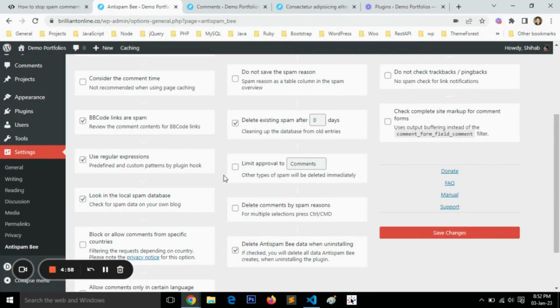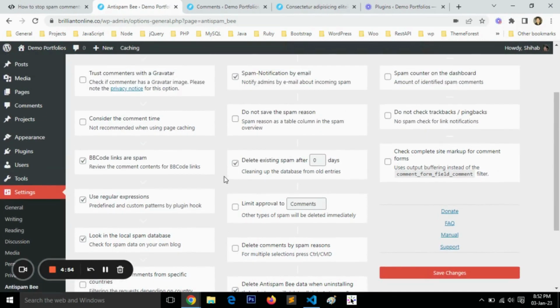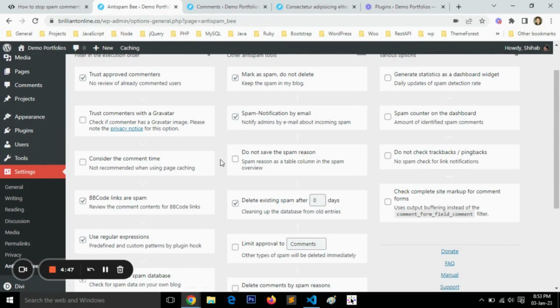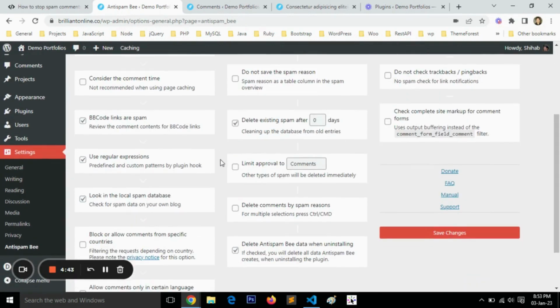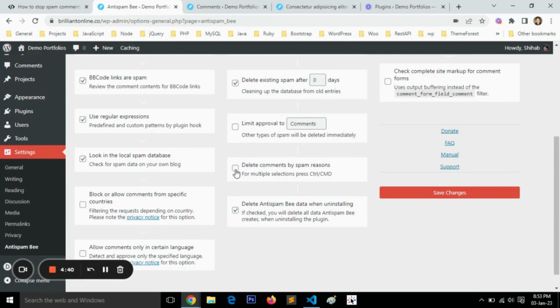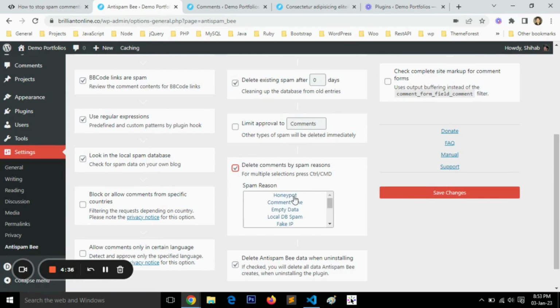And one other thing I would like to do is remove comments by spam reason. Let me find this option. Here is the option, delete comments by spam reason. And if you check this option, you will find a couple of options here. So all you have to do is check this option, honeypot, empty data. Make sure you press the control key or command key on your keyboard, so you can select multiple items in this same row, and local DB spam, fake IP,